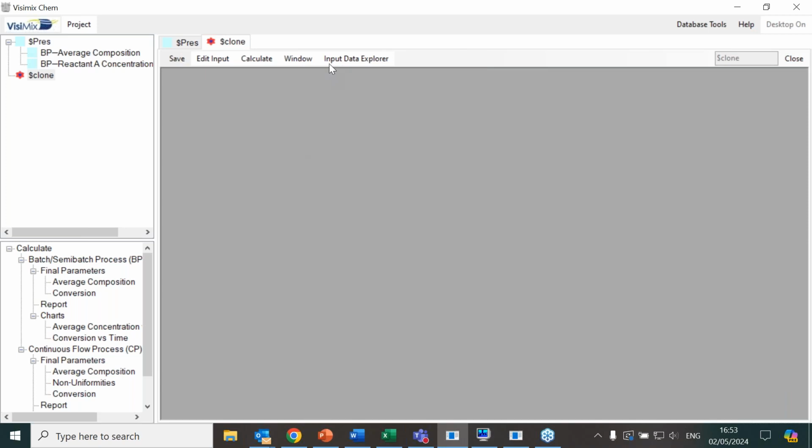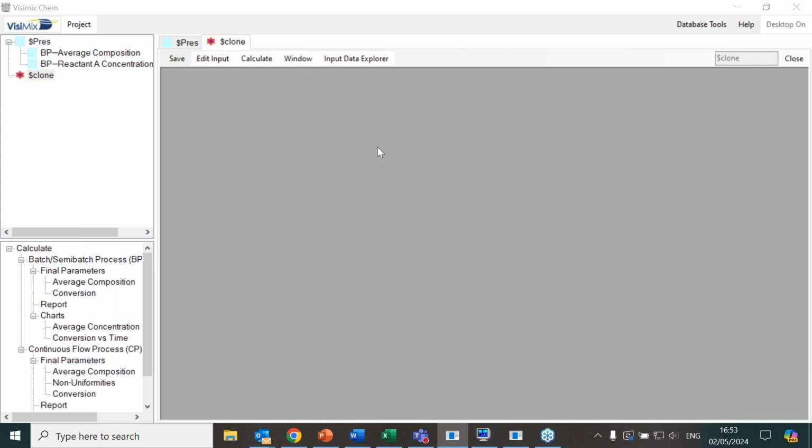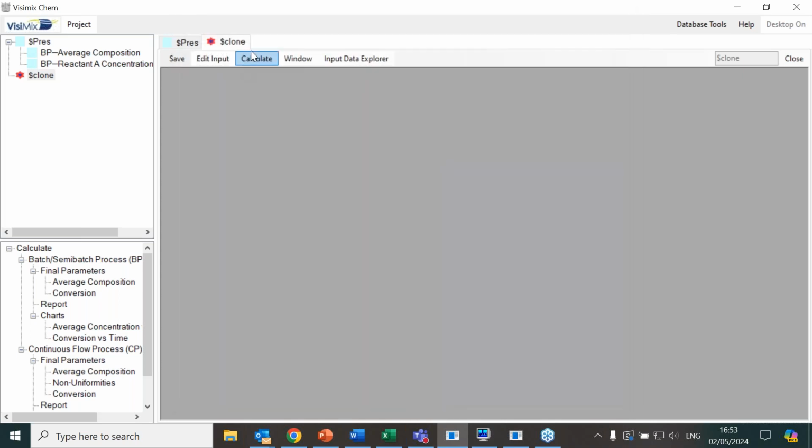And now in the clone, I will only change the RPM, and instead of 360, we go to 0.5, low velocity. We can assume that the process will give the same results, yes? But when you click OK, and you ask to calculate